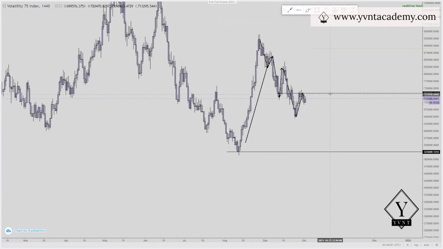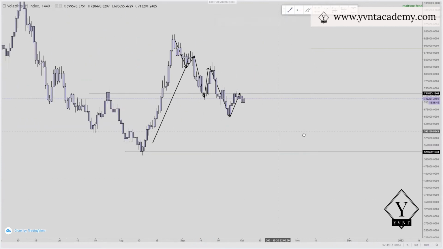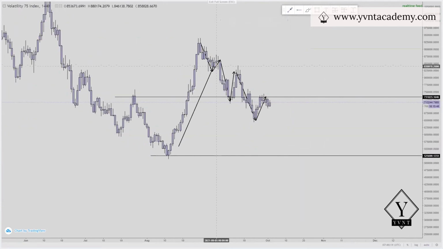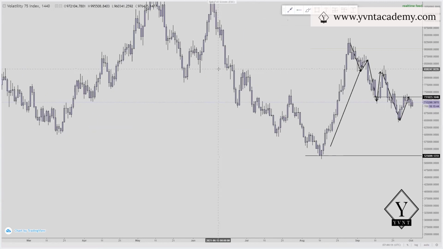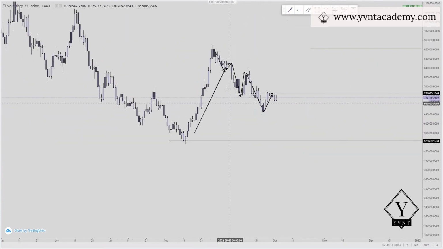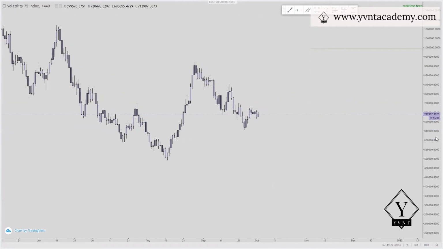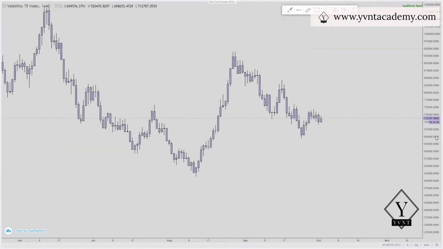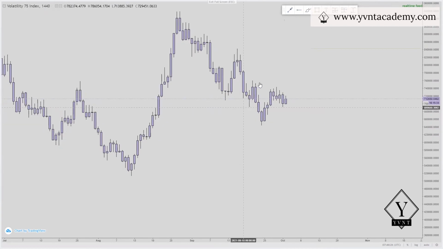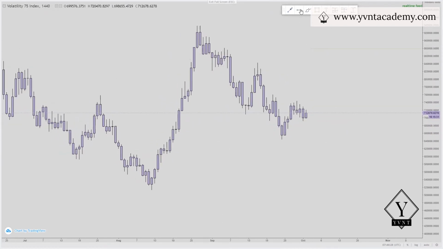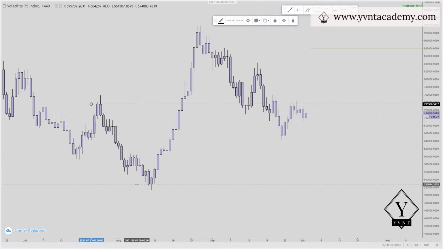But let's look at this area here. Let me just delete everything. So at the look of things, let me just zoom this in so that we can focus on that current price action. So we have this resistance there, we have our support here,